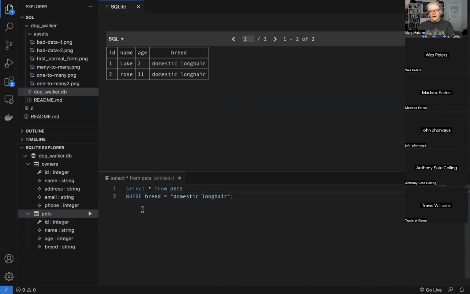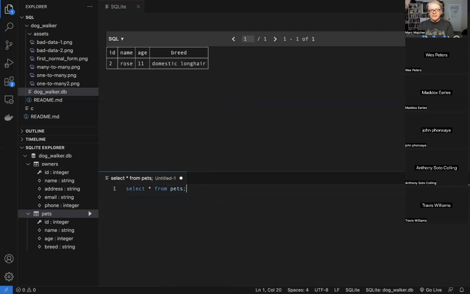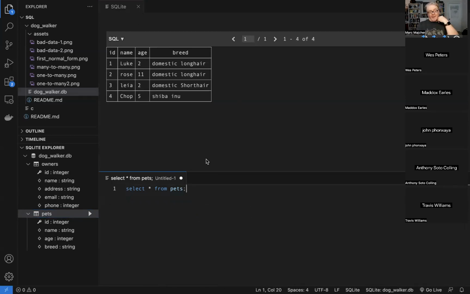So we can do that. We can say where name equals Rose. Boom, and just get that one. So we can specify different things to select on. Most often you'll be selecting on an ID, or you often won't, the ORM will.